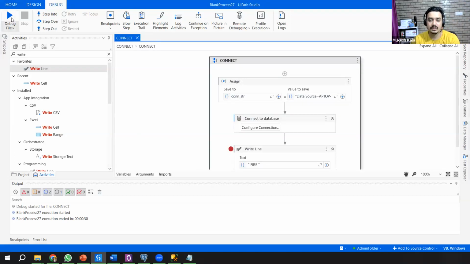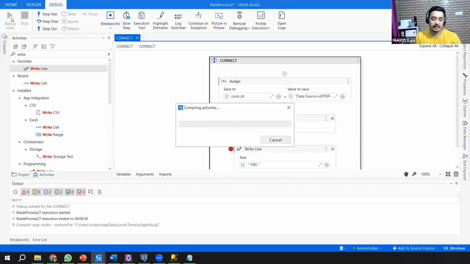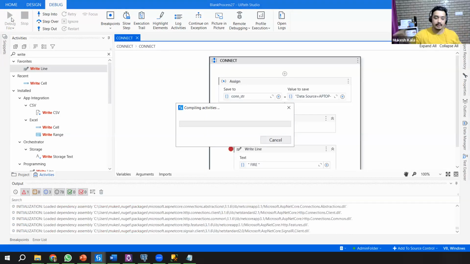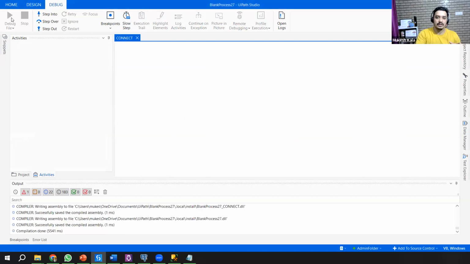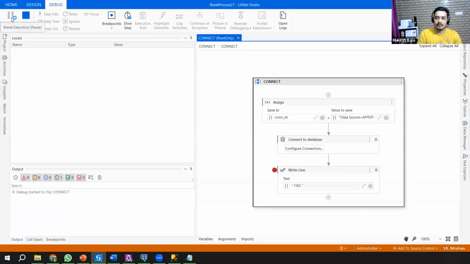Let's save this and debug the file. Earlier, when everything was okay, my object was initialized and had that value. By default, that variable has a value of null. So in case your connection string is incorrect, it's not able to connect. Let's see what happens. We'll just wait for the execution.